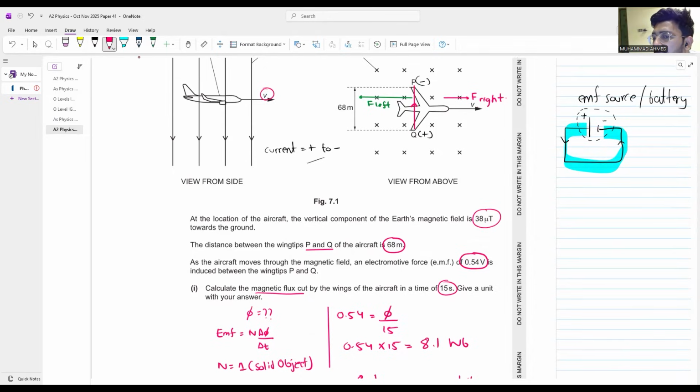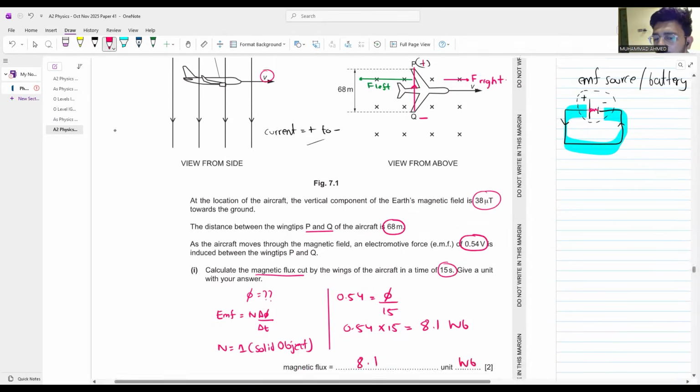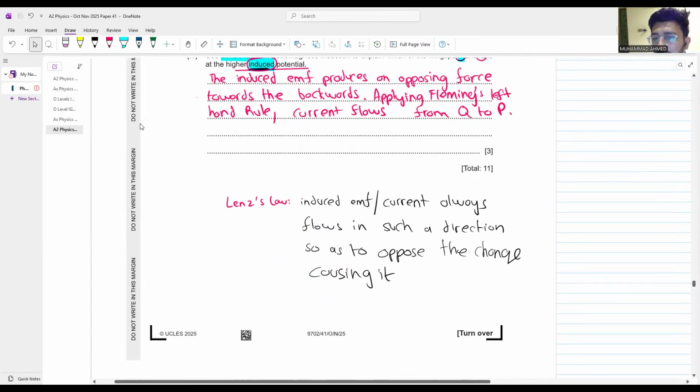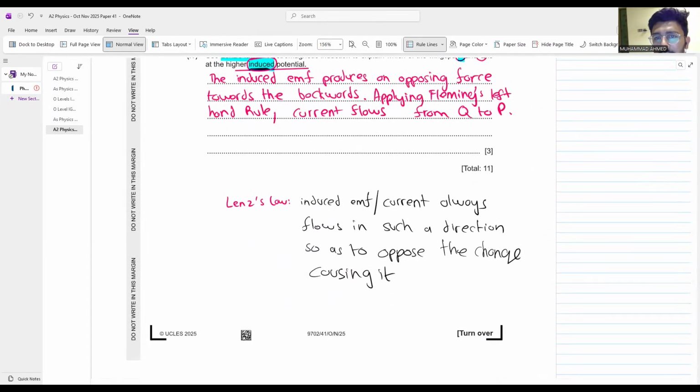Always remember, whenever we are talking about the EMF source, induced EMF, or the battery, current flows from negative to positive. This Q will become what? Negative. P will become what? Positive. So you can write here. यहाँ पे आप लिख सकते हो. You can say,